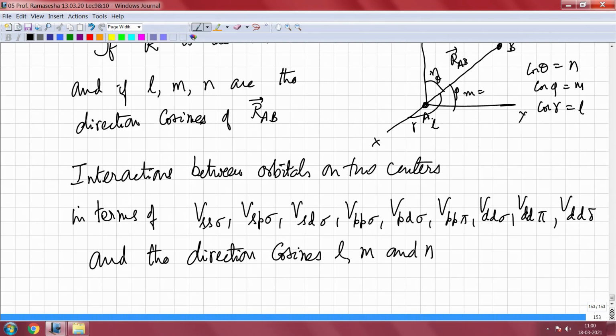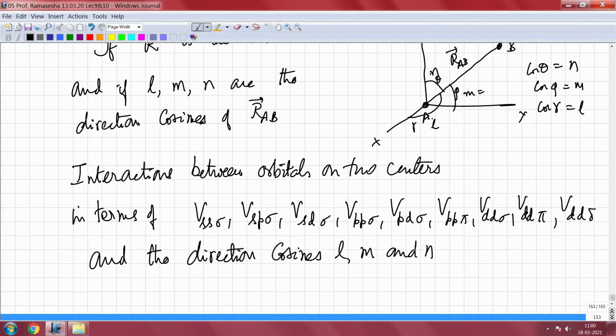I think what I will do is I will stop at this point and continue with the next lecture, and I will show you some typical expressions for the energy of interaction, or the interaction integral, involving, for example, one of the p orbitals with a d orbital or the p orbital with an s orbital and so forth. I will give you a few examples. Once you can do all these things, you can actually set up the Hamiltonian matrix and solve for the eigenvalues. We will discuss more of this in the next lecture, and we will meet again. Thank you very much.